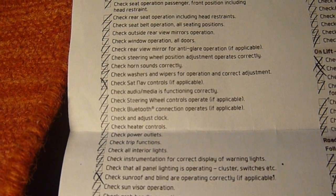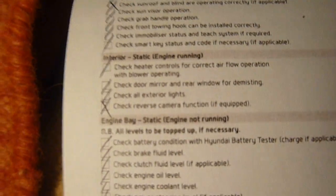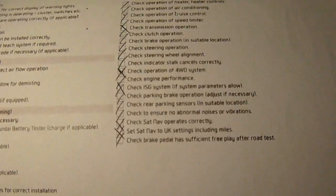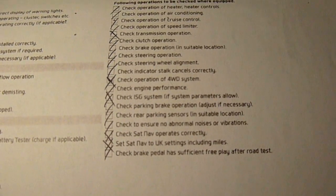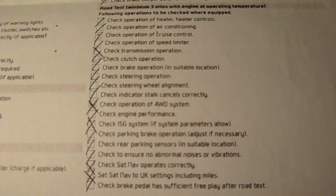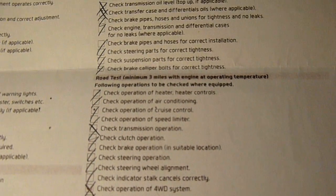Check sat nav. Well, it didn't have sat nav. Also checks that they didn't do is check reversing camera. Didn't have a reversing camera. We go across the other side. We go right up. There's loads, and you can see them, and understand there's a lot of checks there,